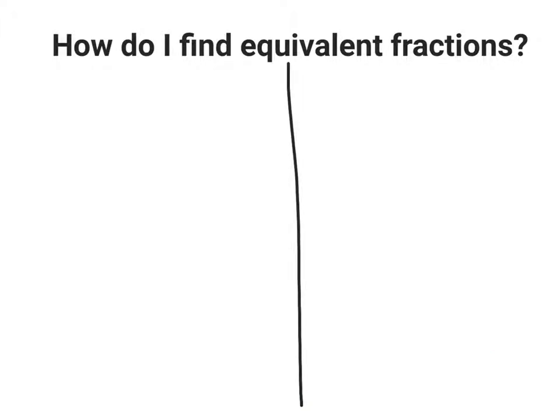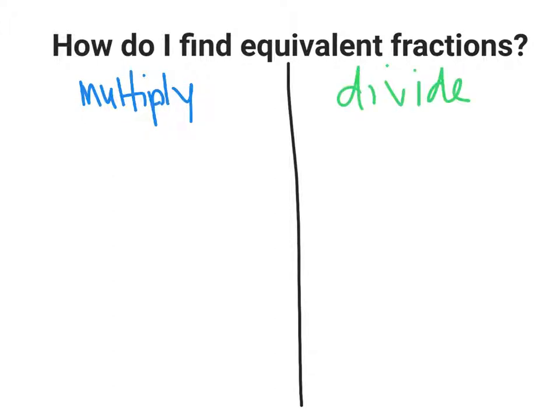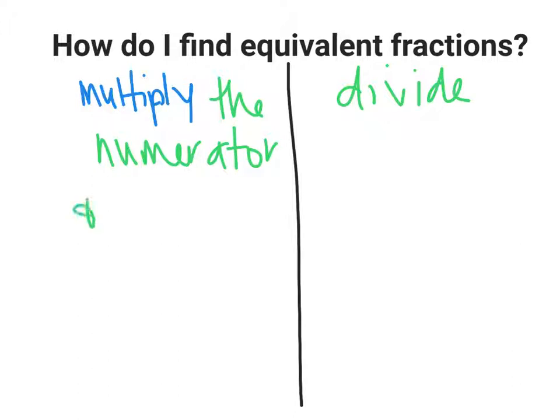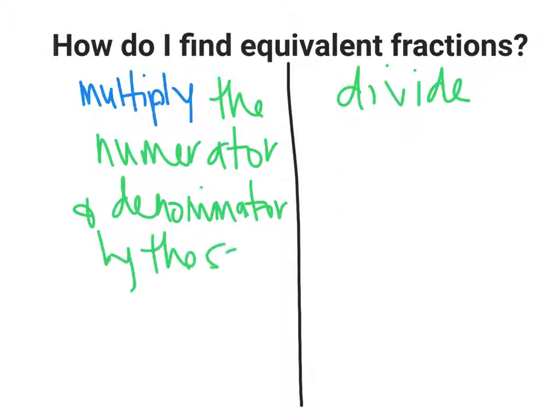There are two ways to find equivalent fractions. The first way is to use multiplication, and the second way is to divide. What you need to remember is that when you are multiplying or dividing, whatever you do to the bottom, you have to do to the top. So if you're multiplying, you would multiply the numerator, the top number, and the denominator, or the bottom number, by the same